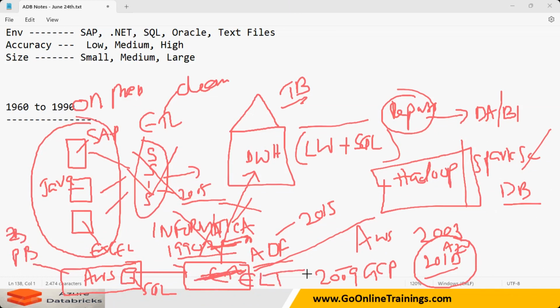What do you mean by ELT? I'm going to be talking about extracting the data. Simply you load the data. Where will I load the data? To the big data. So I have one more Spark, one more Hadoop, one more cluster, where I will be able to load the data. So when you have a large amount of data,